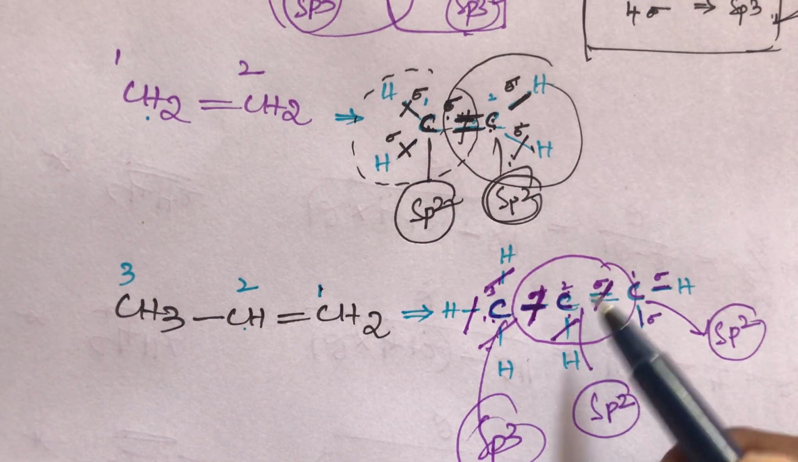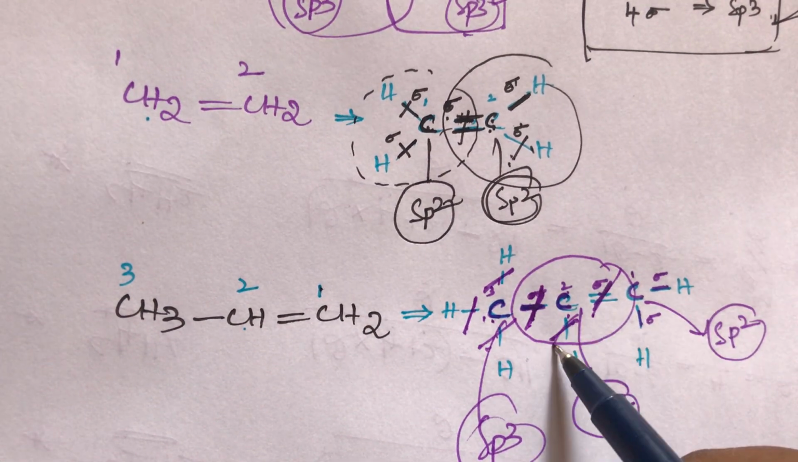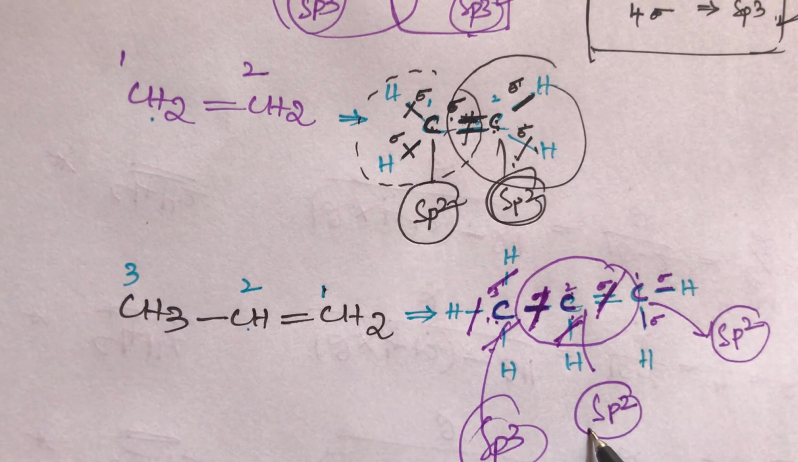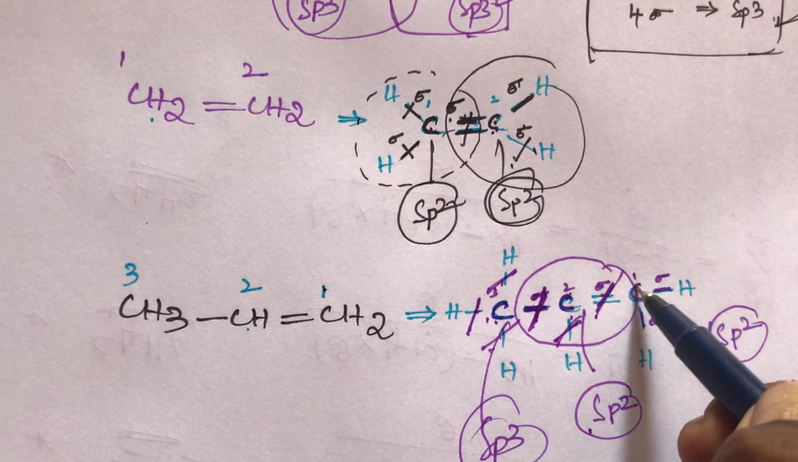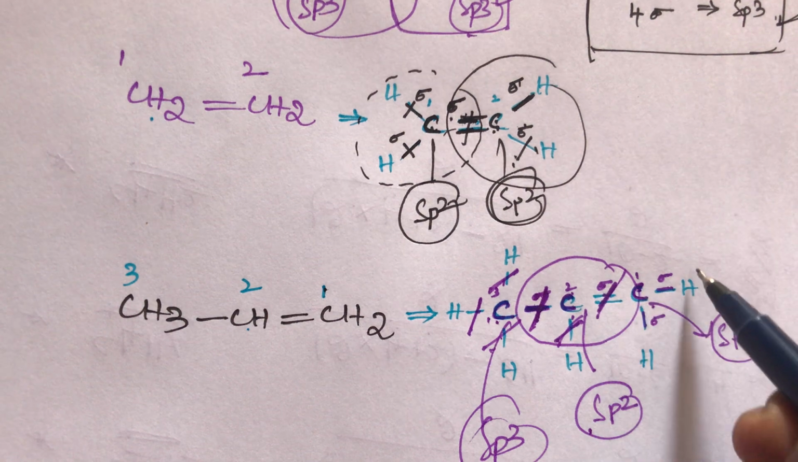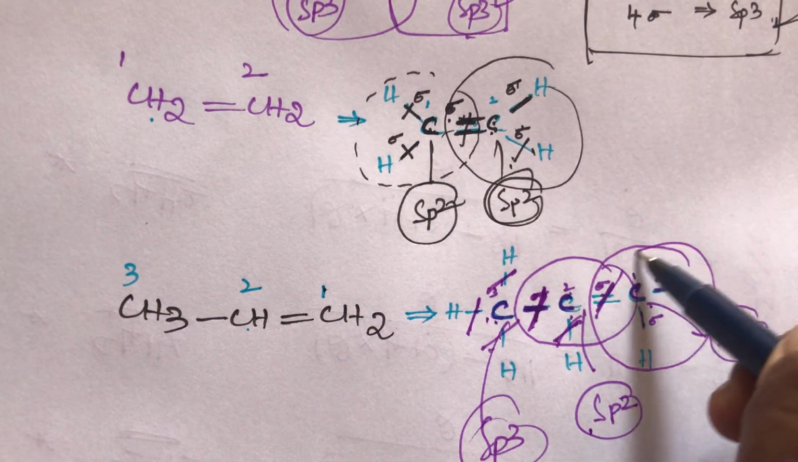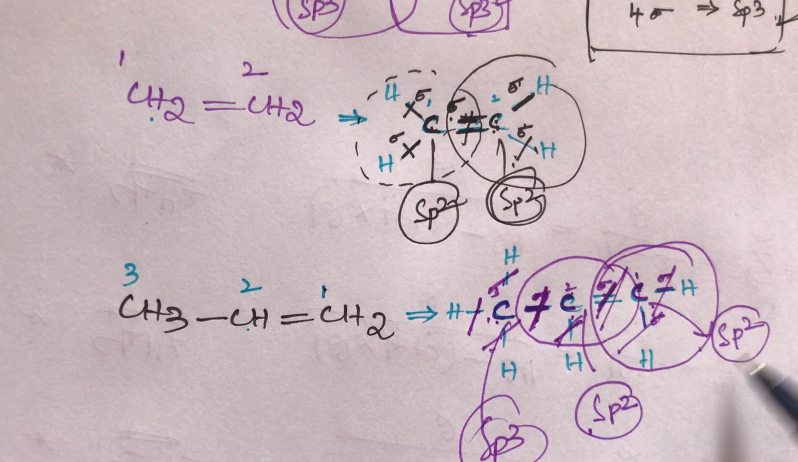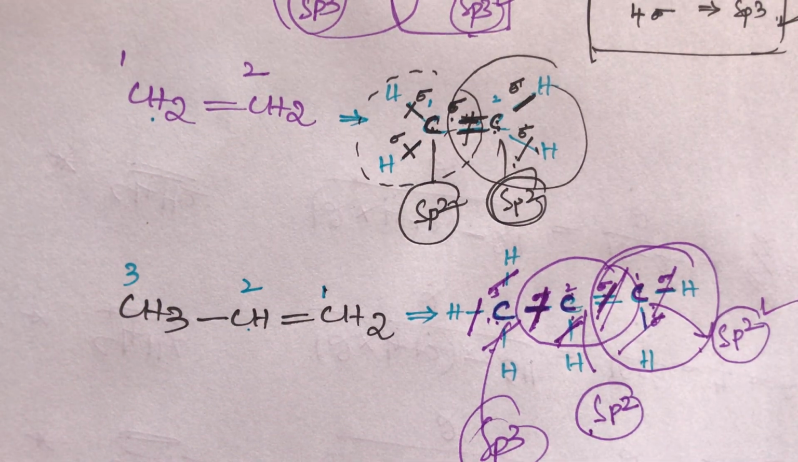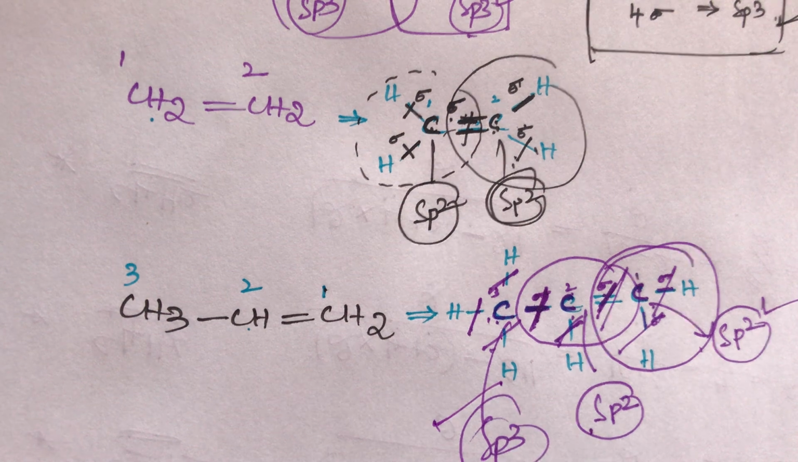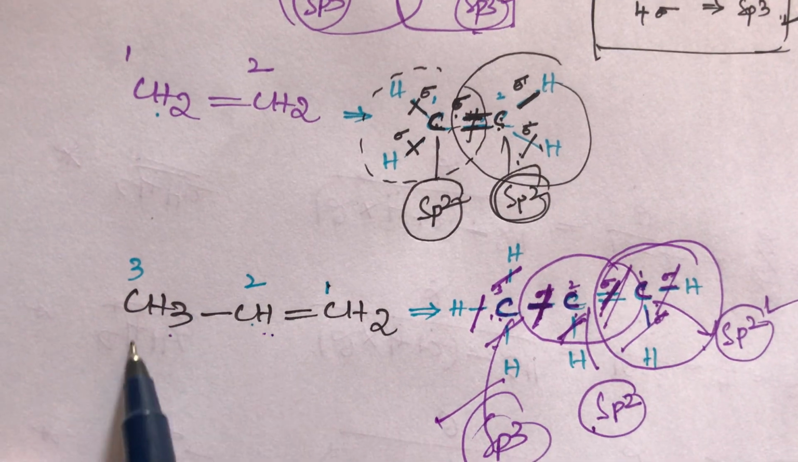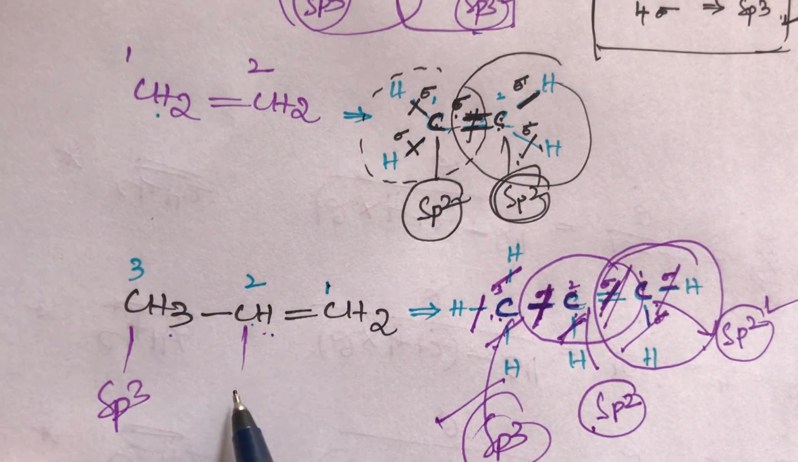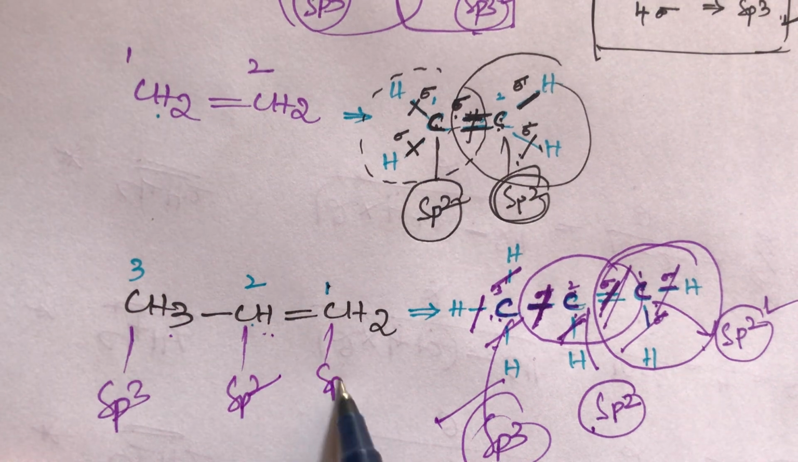This is the second carbon surrounding. Here also 1 sigma, here also 1 sigma, here also 1 sigma. This is sp2. If the question asks for the first carbon's hybridization, the first carbon surrounding means this place. This carbon surrounding, here also 1 sigma, here also 1 sigma, here also 1 sigma. So 3 sigma bonds are there, sp2 hybridization. 4 sigma bonds are there, sp3 hybridization. So here in this compound, this carbon is sp3 hybridization, this carbon is sp2 hybridization, and this carbon is sp2